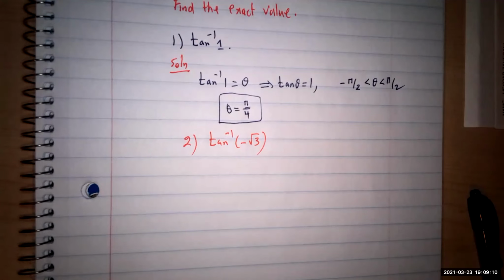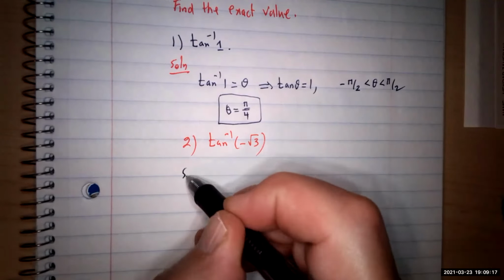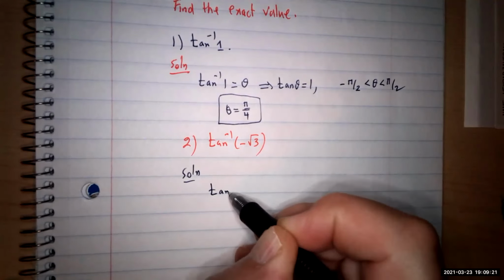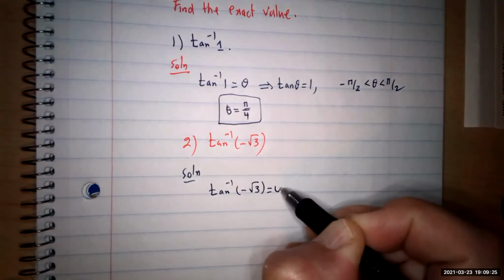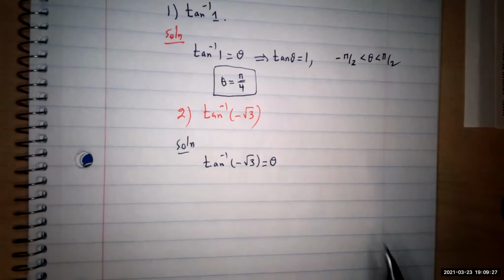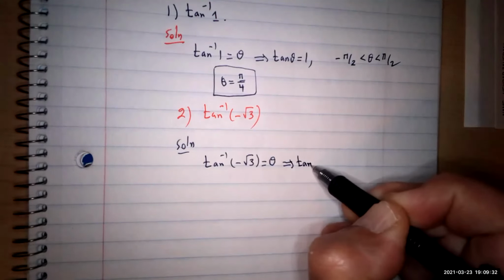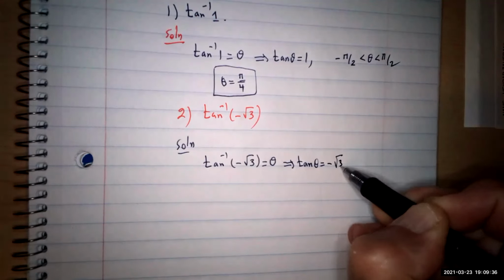So you better change it to the format of the definition that we have. Okay, so what's going to be the solution? You are looking for an angle, so that angle is going to be theta. You switch it, so tangent of theta, you want it to be negative radical 3,